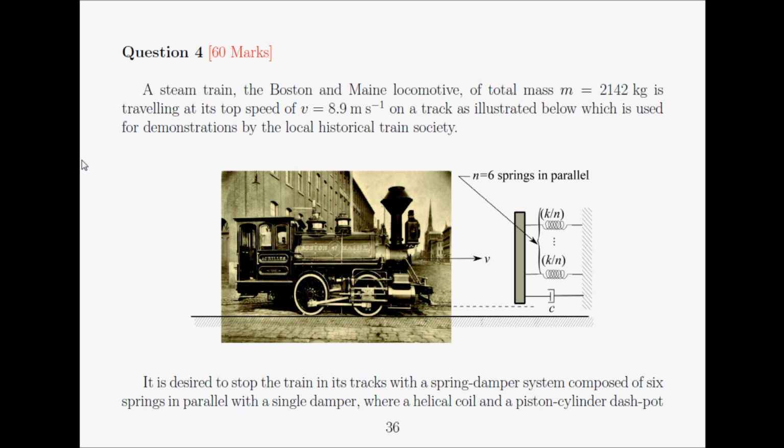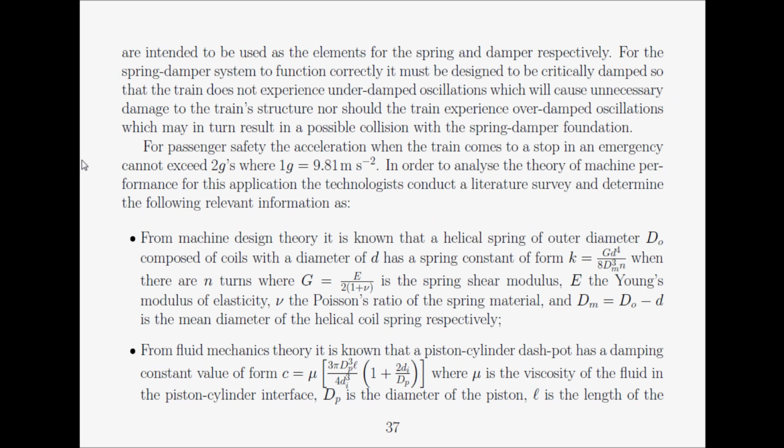This particular problem is essentially a mass spring damper system, as we've seen in various other problems in the textbook, in the study guide, and so on and so forth. Physically, there are some practical considerations in this problem. When you have a spring, the spring physically, in many cases, is that of a helical spring. In other words, a wire of certain material properties, a Young's modulus, a Poisson's ratio,